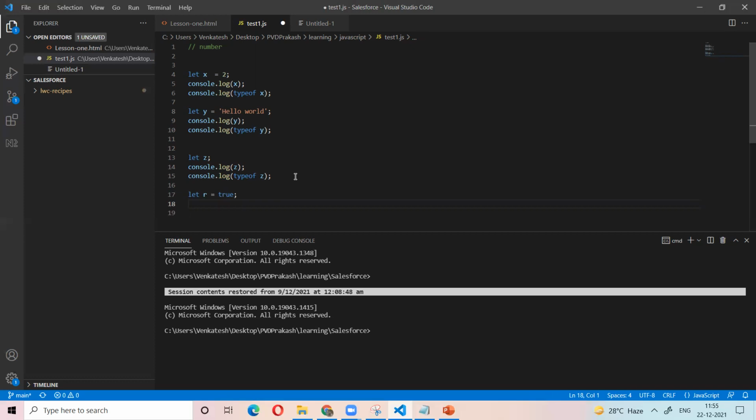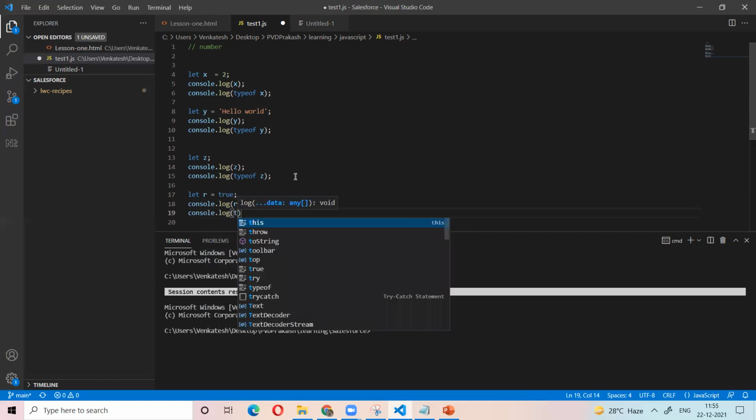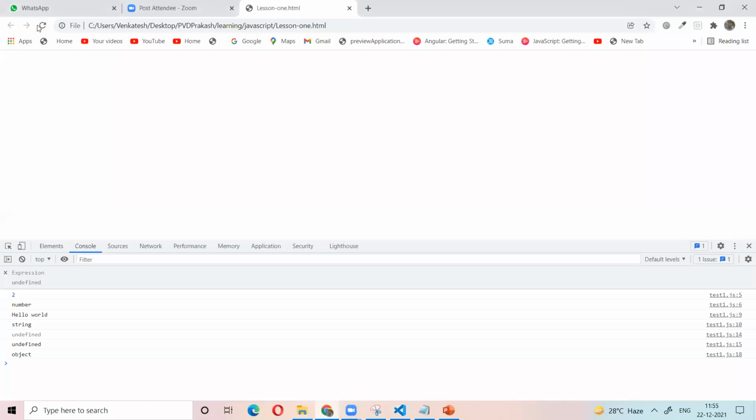But what is the value, and what is the type? The value is true. The type is Boolean.